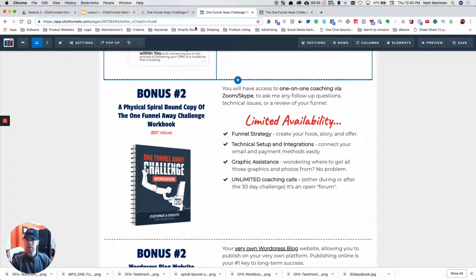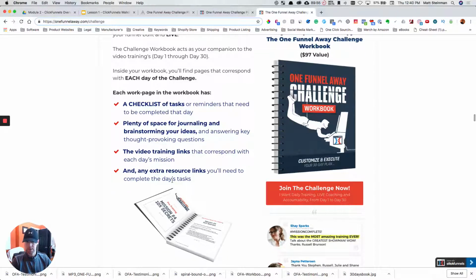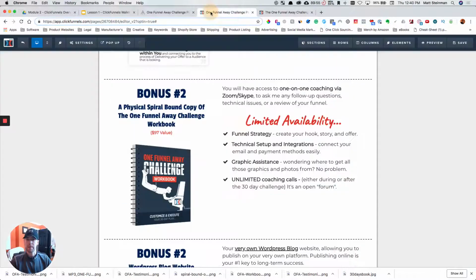Bonus number 2, okay, let's see what each work page in this workbook has a checklist of tasks, plenty of space for journaling, the video training links. Let's grab that. Let's try and copy and paste it and see what happens. I don't know, this could get ugly here. I'm gonna copy that and come back into here. I'm gonna save